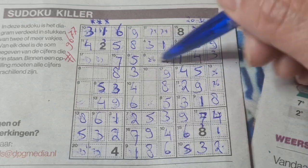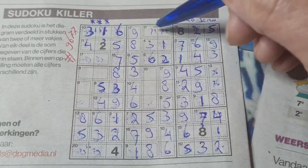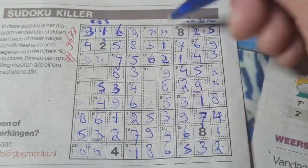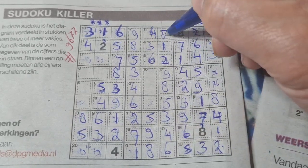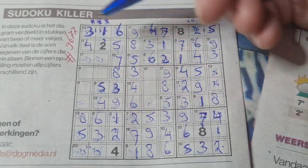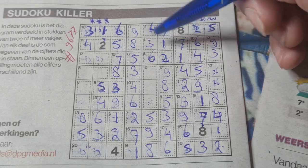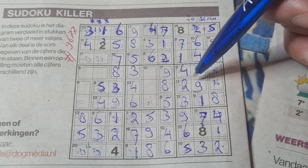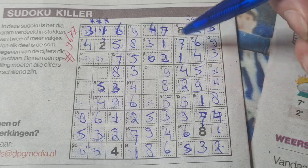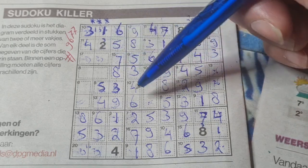Oh wait, 2 and a 6. We already have a 6 in this column. No 6 there. 6 should be here. 2 goes there. 7 and a 4. We have a 4 in this column. No 4 there. 4 should be here and the 7 goes there. Okay, 2 and the 7. Then let me see. How about 8